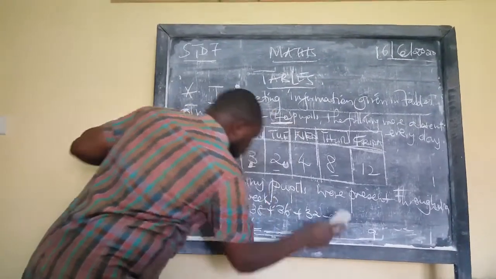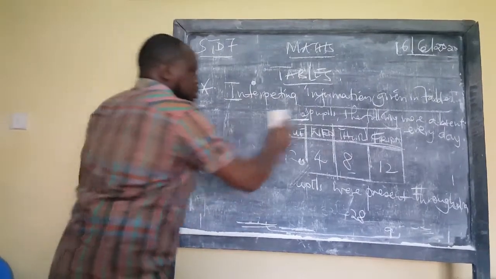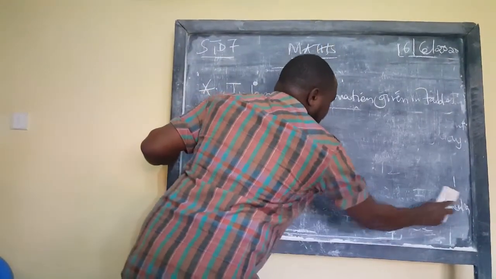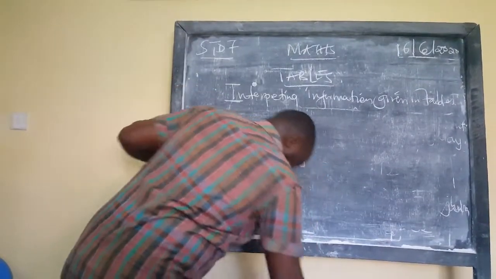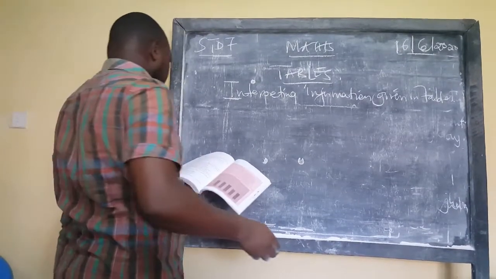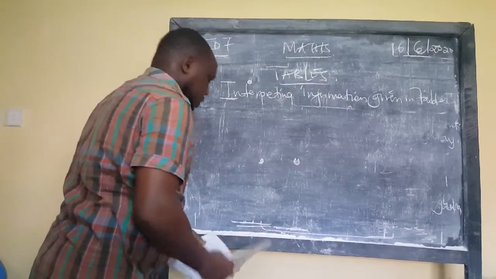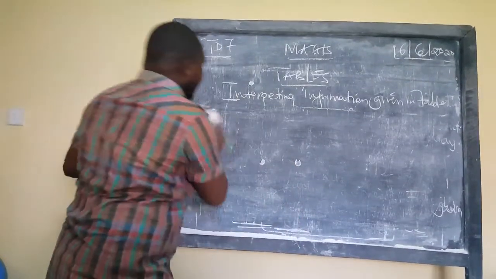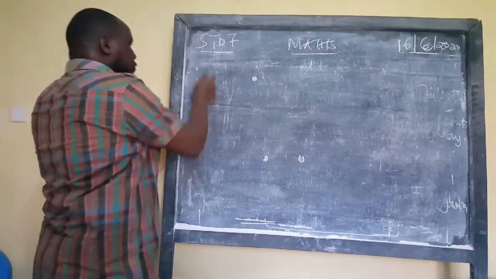Let's go to the next question. Then I leave you with work. Today we are not doing much because we are just having a few questions to be done. So the second question that I want us to do before I give you work is, I want to write the whole question here, so that from there we can be able to answer the question well. I write 50 boys